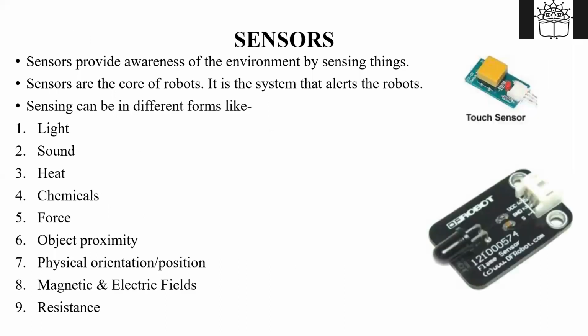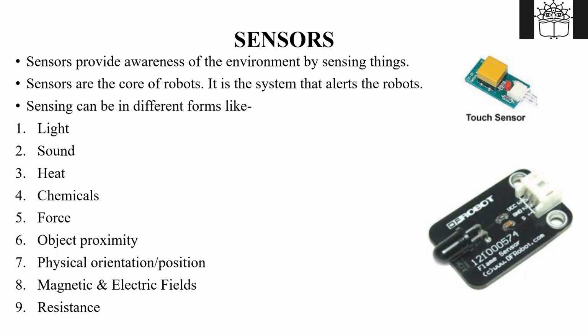Okay. Now what are the different sensors? They can sense light. For example, a white line following robot, a red light following robot, that kind of robots we can have. They can sense sound. They can sense heat, that is temperature. We can have a kind of robot that responds if the temperature increases. For example, in forging, we have some robots. Near Baramati, 2 industries are there, one is Bharat Forge and one is Piaggio Vehicles. In both industries, robots are there.